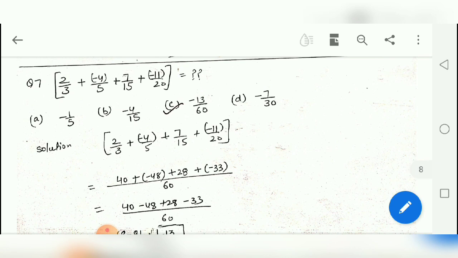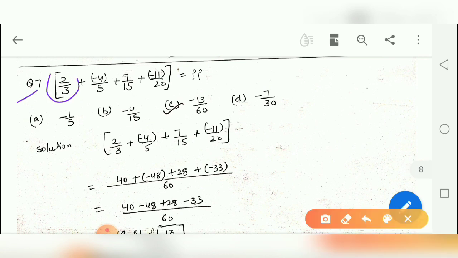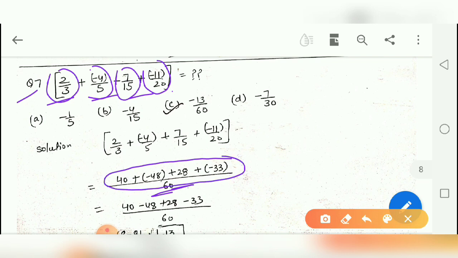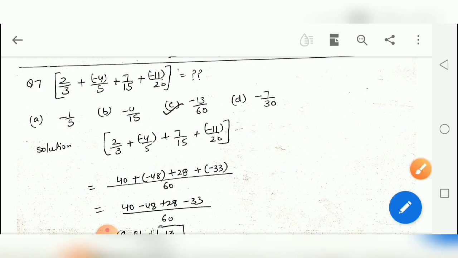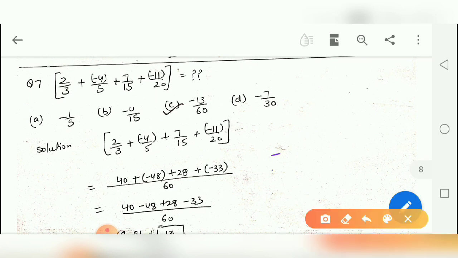In question number 7, these four rational numbers are to be added. So we will take the LCM of the denominators first. Here I have taken, this is the LCM 60, and as we are doing the addition, we have added the 4 numbers and we get this as a numerator. So after solving these numerators,